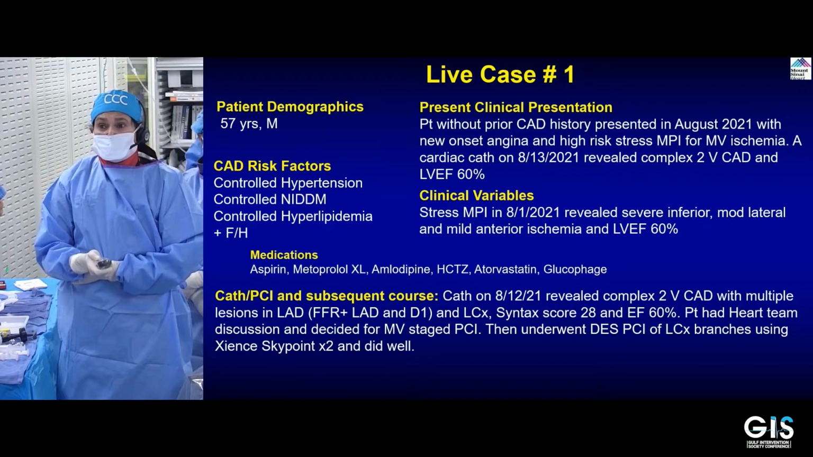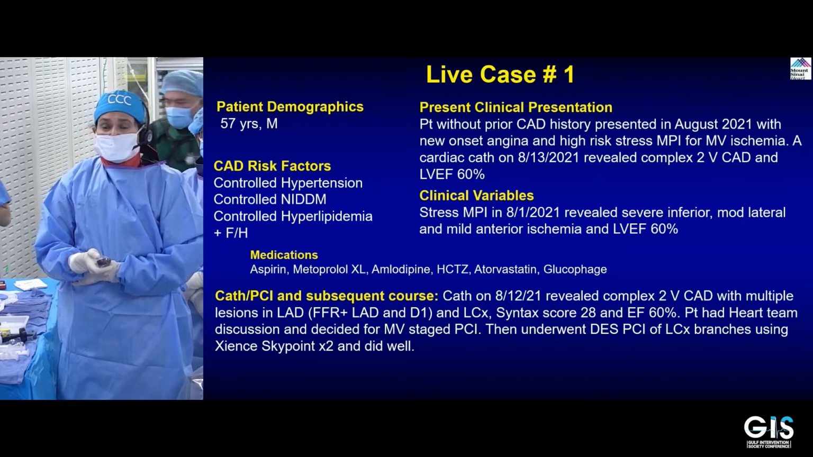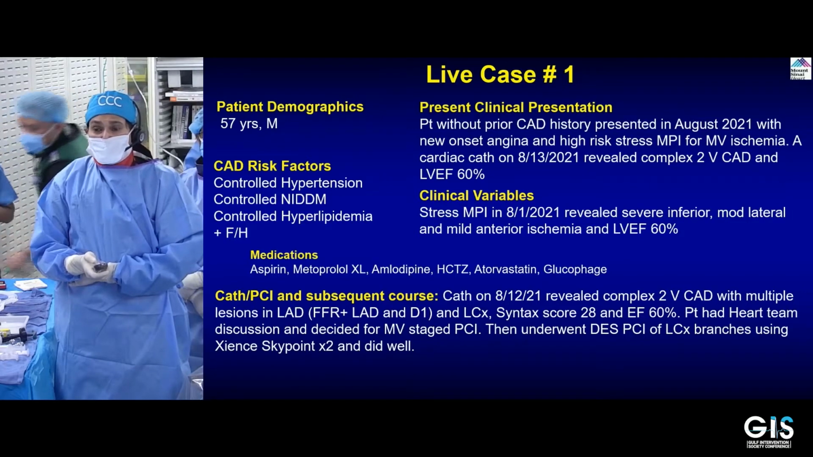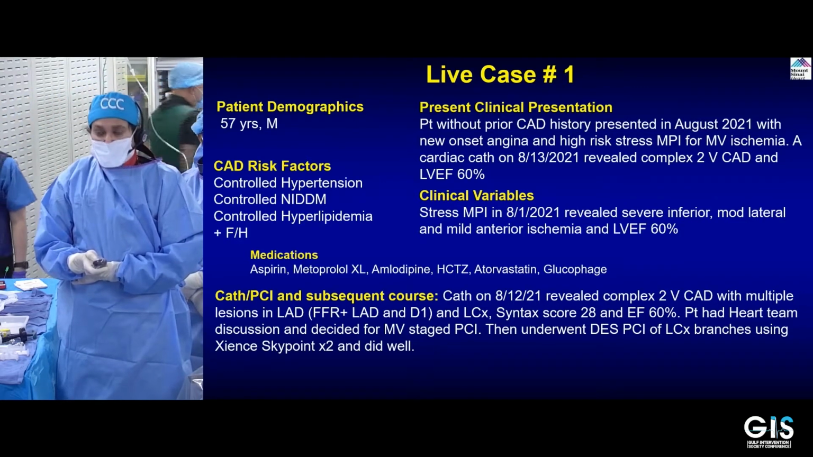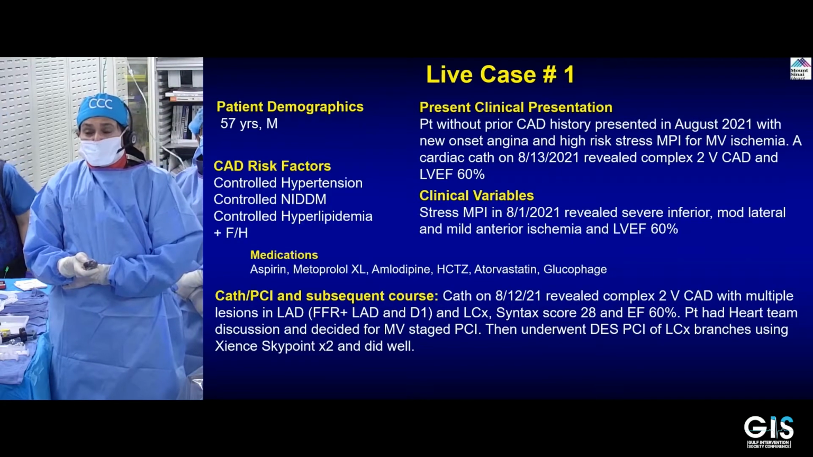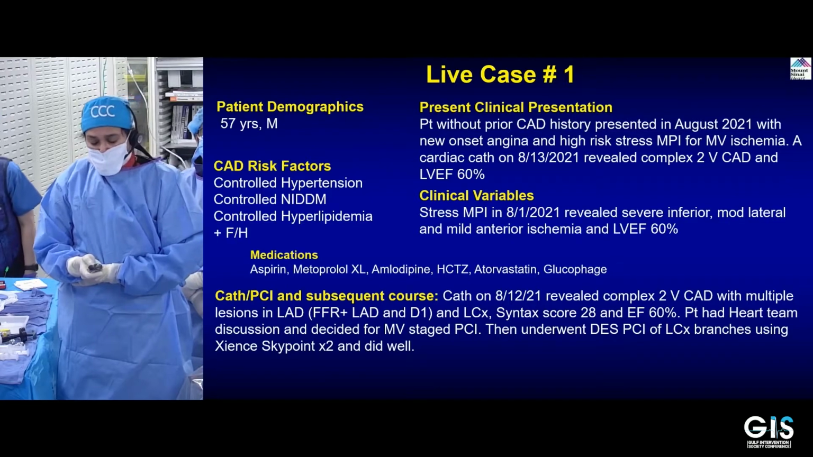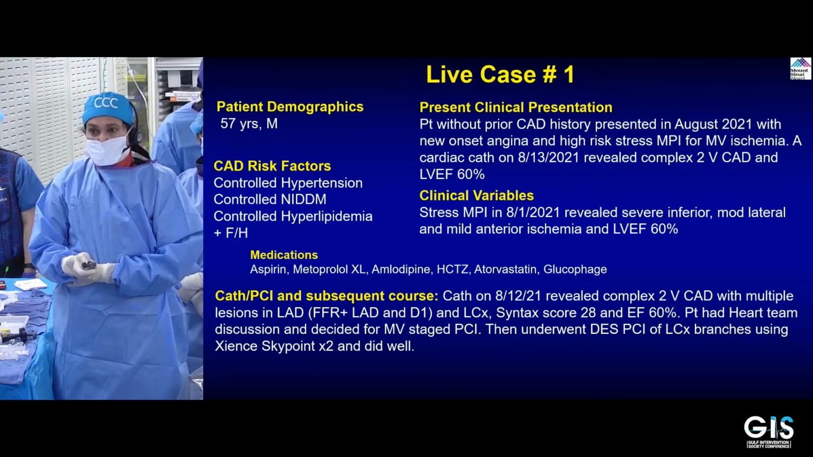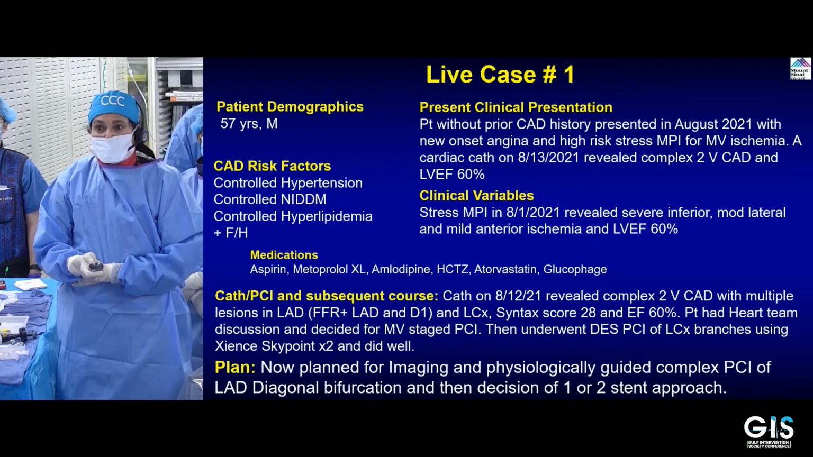So cath had shown two vessel disease. I will show you the angiogram. If you see, the proximal LAD was calcified as well as moderate disease. Today we also did the FFR. FFR of the LAD was positive. FFR of the diagonal was positive also. The patient did have a heart team discussion at that time and had a circumflex PCI. Today we are planning PCI of the LAD, which would be